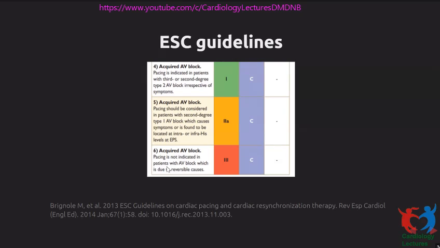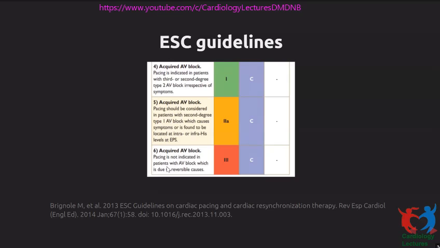In practice, reversible AV block is typically seen with high-dose beta blockers, or sometimes when they're on a combination of beta blockers with digoxin or beta blockers with calcium channel blockers, and then you can stop the drugs and wait and see. Sometimes patients with renal failure with hyperkalemia may present with AV block, which resolves after correction of the electrolyte abnormalities.